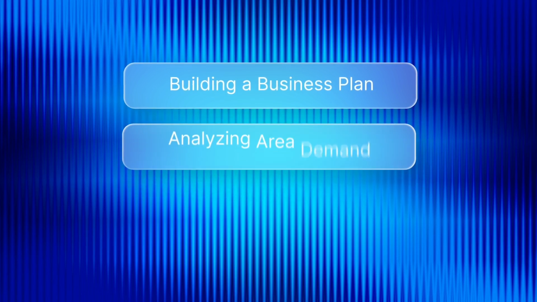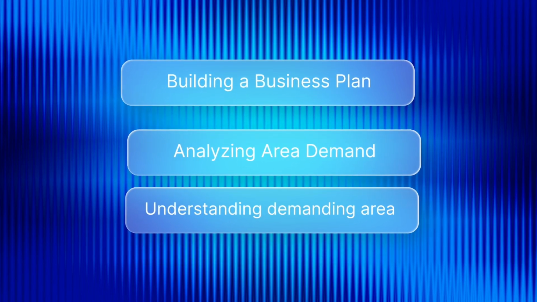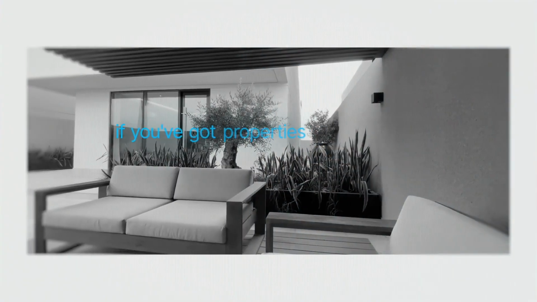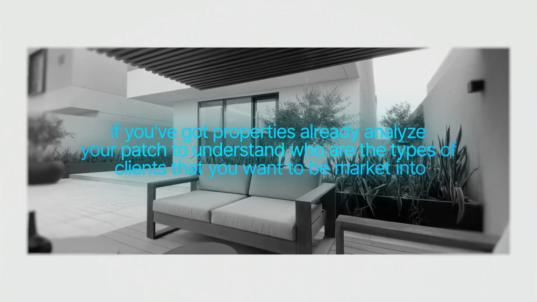Today's video, I'm going to teach you how to use AI to analyze a service accommodation business. This is a way of building a business plan, analyzing your patch, understanding if there's demand in the area, and if there is, what types of demand are in the area, and even using it to come up with pitches for landlords to help you get your first rent-to-rent property secured, or your next rent-to-rent property secured, or even if you've got properties already, analyze your patch to understand who are the types of clients that you want to be